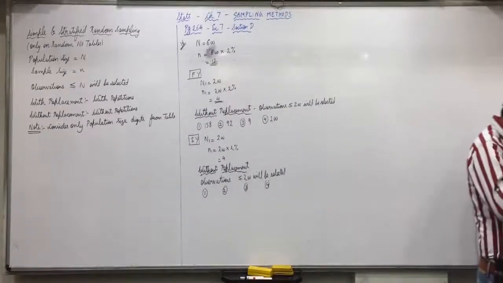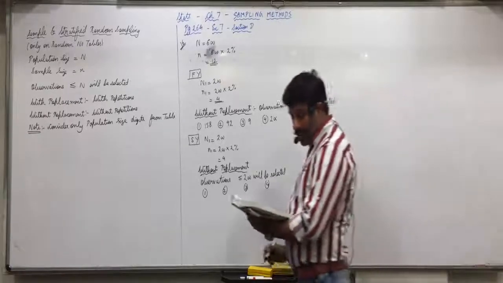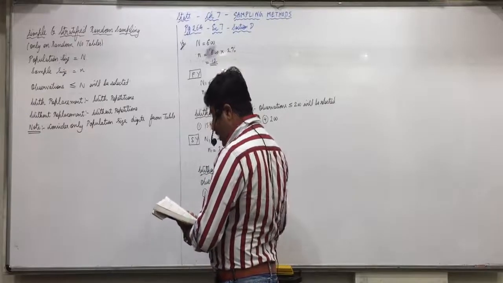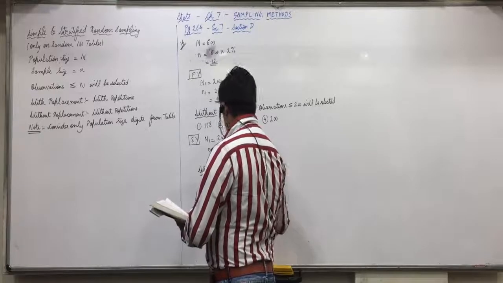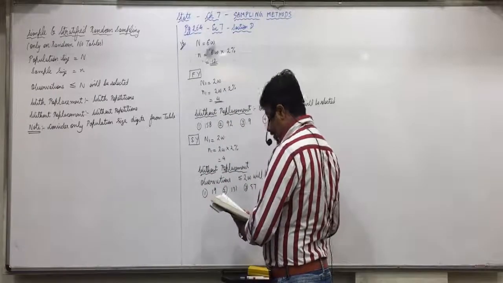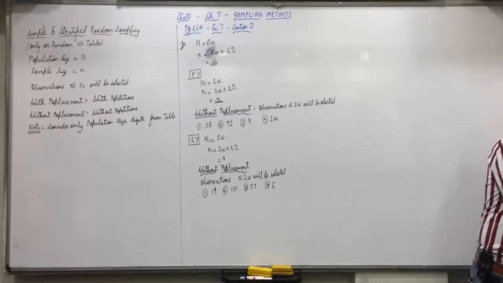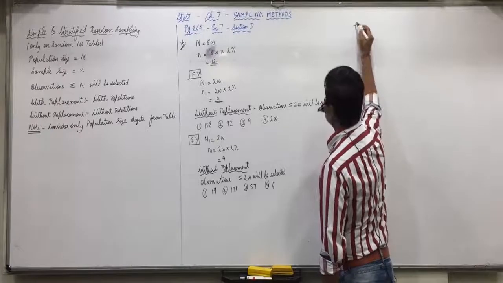Now I'm not reading each and every number. We directly take numbers which are less than 200. So 19 is the first one, then 131, then 57, and after that directly 6. Understood this? And same way, TY.